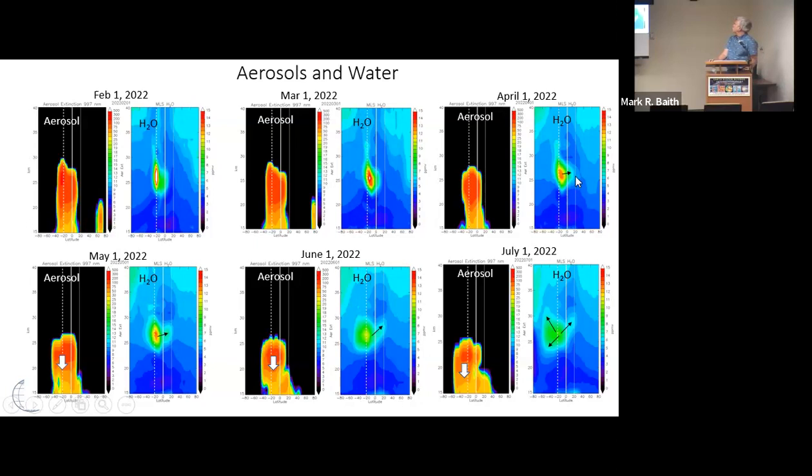There's water vapor. Then about April, you see the extension across the equator for water vapor, and you see the extension across the equator for aerosols. But then you start to see this push even further across the equator, an expansion that sort of blobs itself out. The aerosols are sinking. You can see if I compare this one with this one, they're moving downward as a function of time. Water vapor continues across the equator and spreads out by July in these different directions. Still pretty much confined to the southern hemisphere, however.